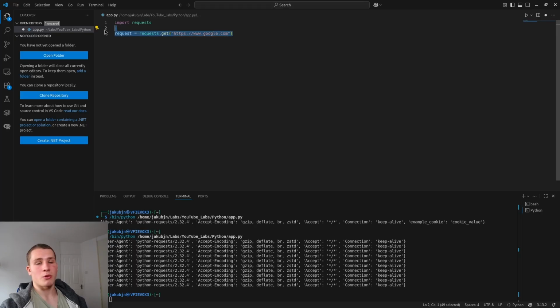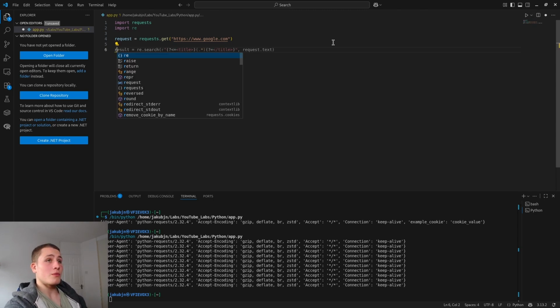We're going to send the same request to google.com. And instead, we're going to import another library as well. That library is going to be called re. You don't have to install this because it's installed in Python by default in most versions of Python anyway. So now that we have that,